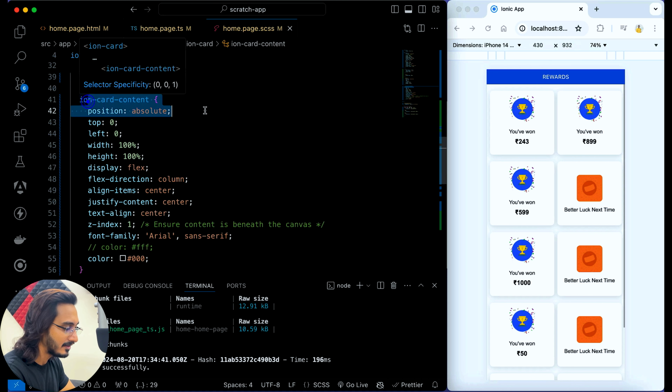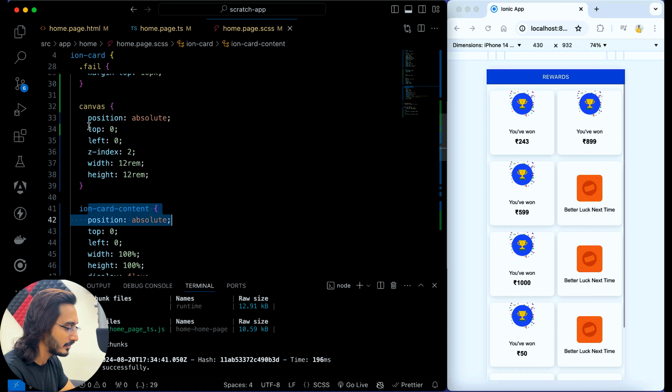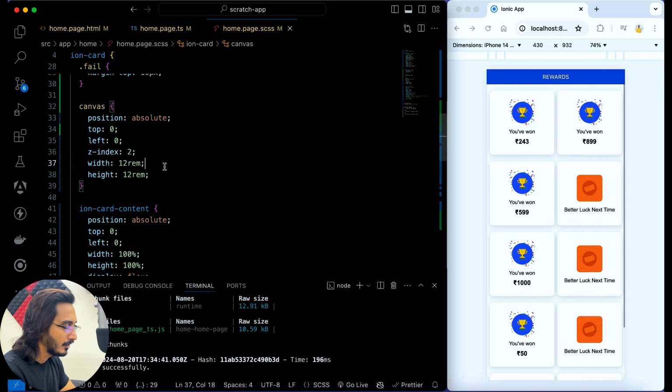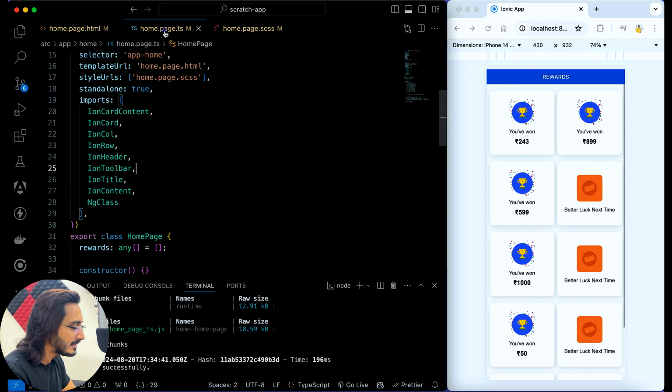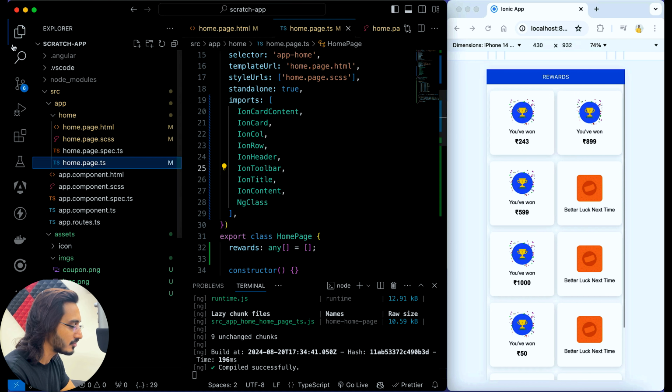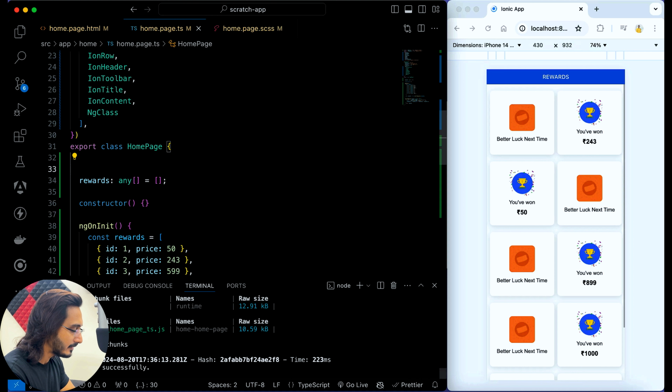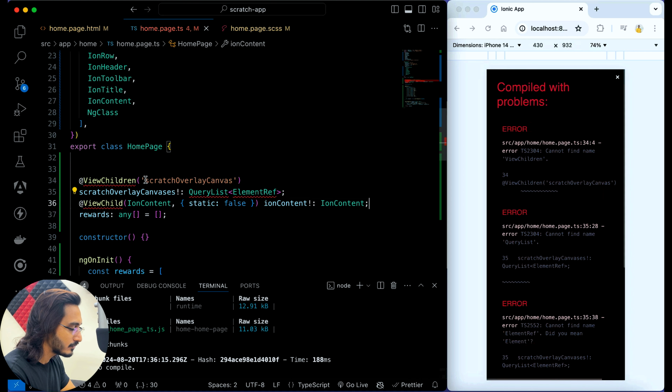So for the ion card, I have to give absolute because for the canvas to be implemented, we need to do it in this particular way. We are going to now move to the TS file to work with the logic part. For doing that, in the home page class, what am I going to do? I'm going to create a view child which is going to be holding our canvas,